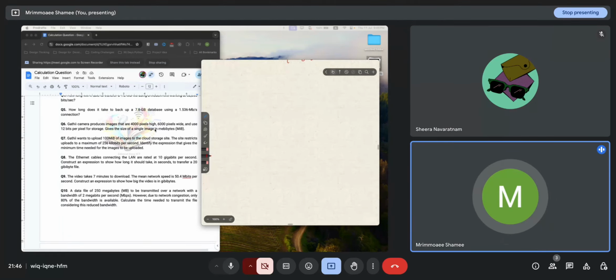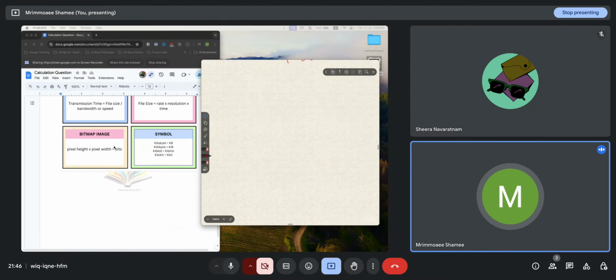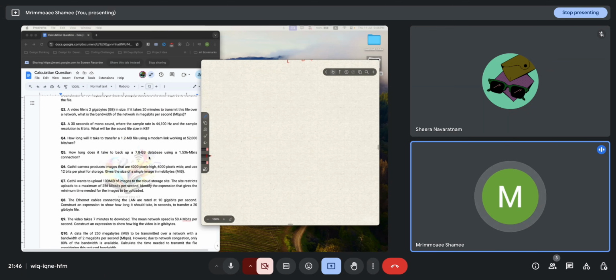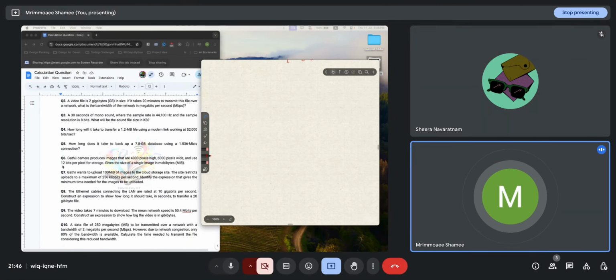That means here they already ask us to convert this to megabytes. So I already mentioned that when there is a picture, just calculate height into width. But if they give you some storage like 12 bits per pixel, similar to that, just multiply that one as well. So they mention 4000 pixels, then they mention 6000 pixels